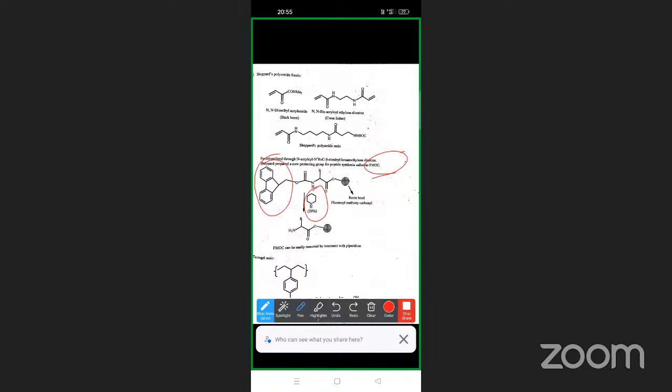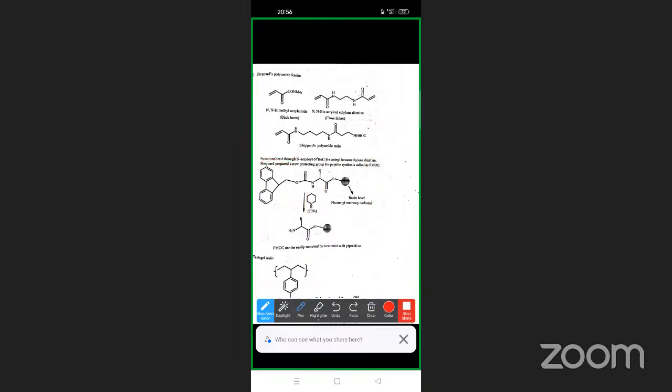Okay. So this is, sorry, this is Fmoc. This is your Fmoc, the protecting group here. When you use this 20% piperidine, this bond cleavage takes place, and you will get this particular product. So that is another